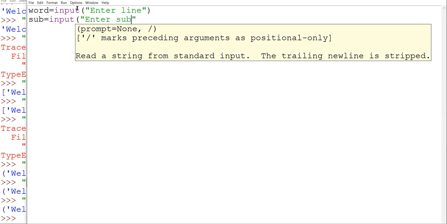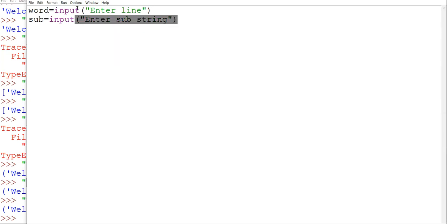If you cannot use any function, then in that case you have to apply lots of logic. And then, for the occurrence, n is equal to, simply, we know that word dot count is the name of the function in which I need to pass what I want to count. So I'm passing the substring here. It will give me the answer, and then print.